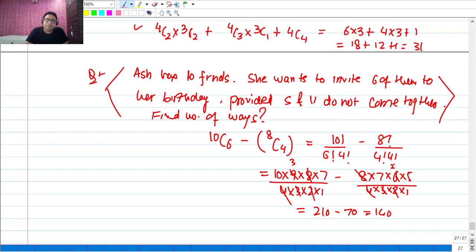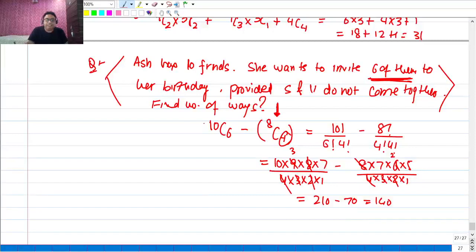No, it should not be 8C2. Come on, Nehal, listen. If Salman and Vivek are coming together, 2 people are already invited. Now she is left with only 8 friends. Out of 8 she has to choose 4, because 6 of them have to come. So Salman and Vivek have come, so the remaining 4 have to come. Got my point? That is one way, and there would be another way also.